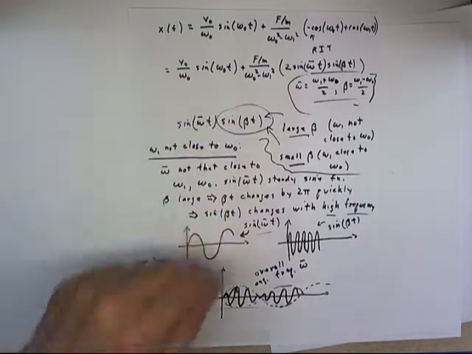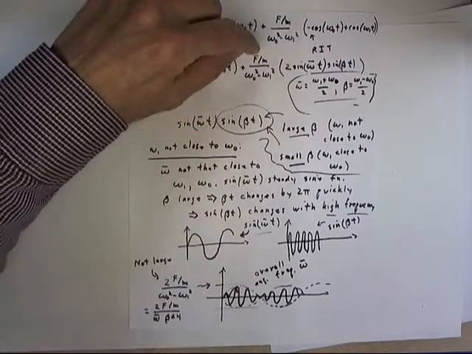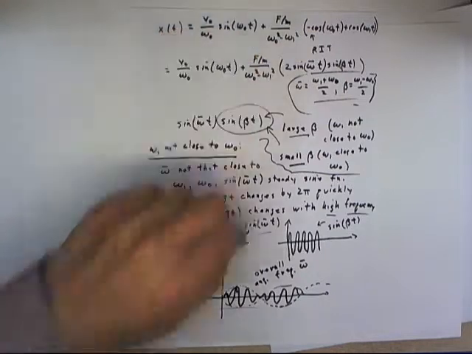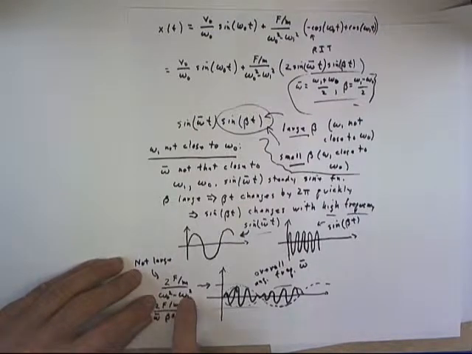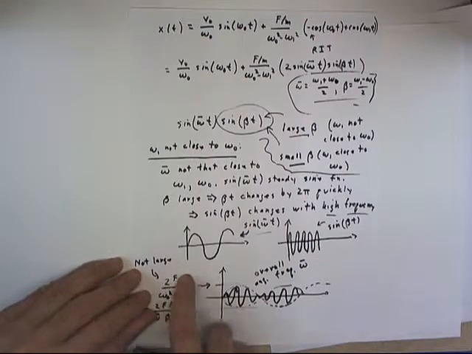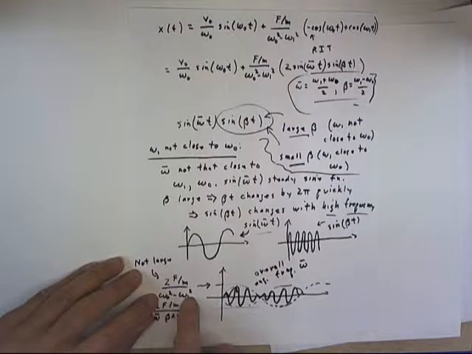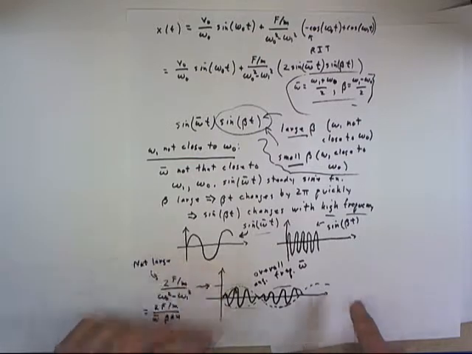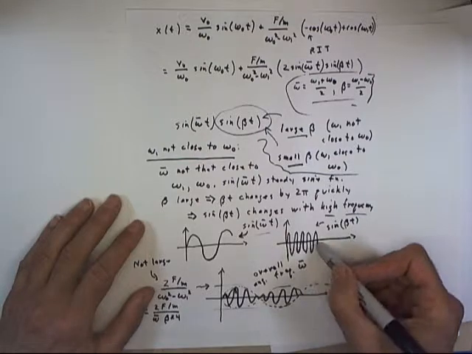Furthermore, if omega 1 is not all that close to omega naught, then the coefficient, if we bring the 2 over here, will be 2F over m divided by omega naught squared minus omega 1 squared. Omega naught and omega 1 are fairly far apart, so this denominator won't be that small, making it large, which makes this quotient smaller, which reduces the amplitude. So we're going to get a lower amplitude motion with a lot of short oscillations